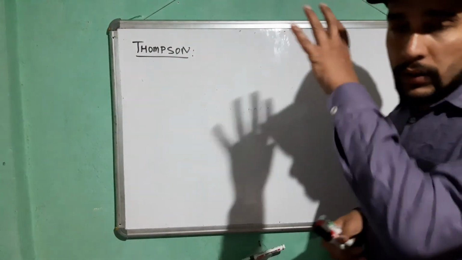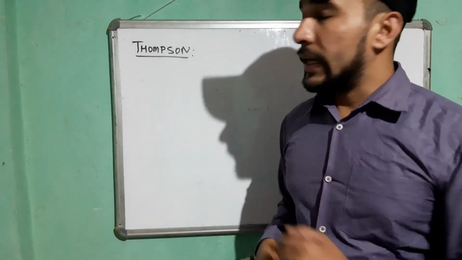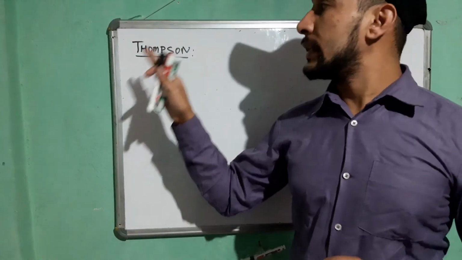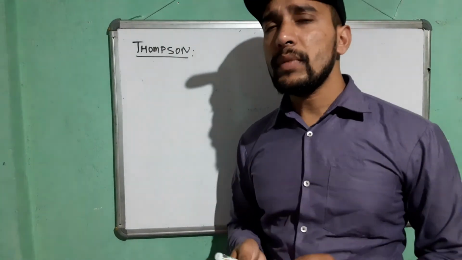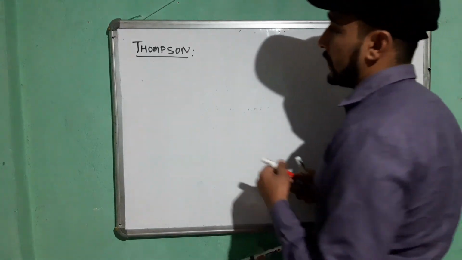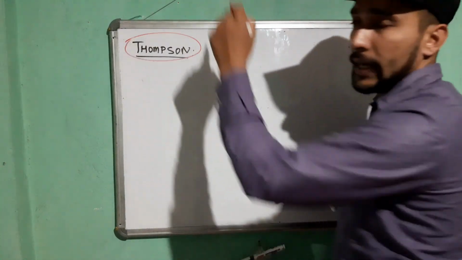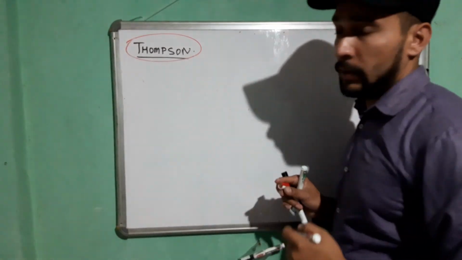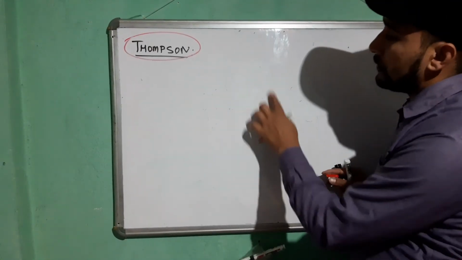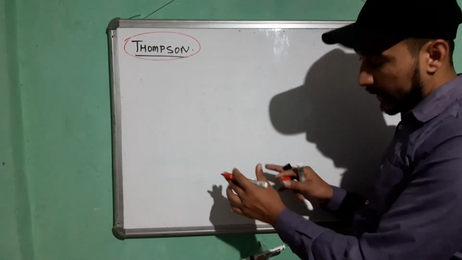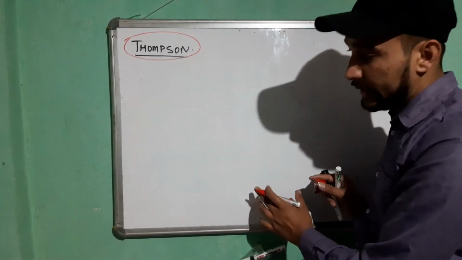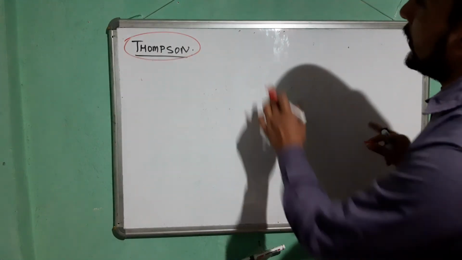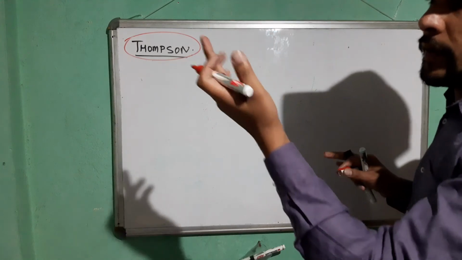On seeing all these factors, Thomson suggested to keep hydrogen separately in the periodic table, like lanthanides and actinides. They are kept separately, just below the modern periodic table. So similarly, hydrogen should be